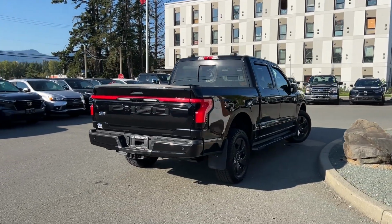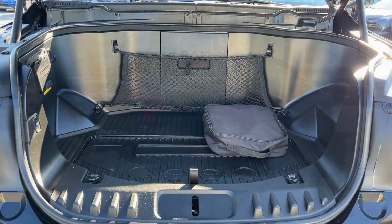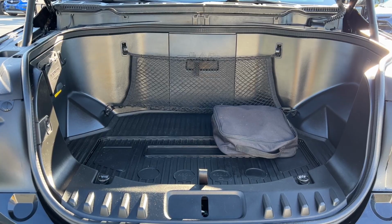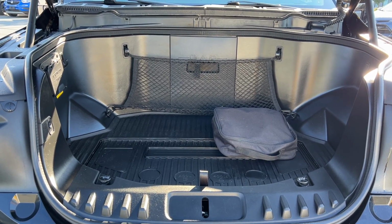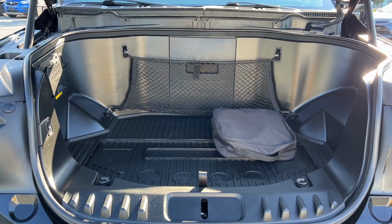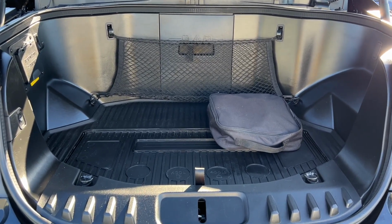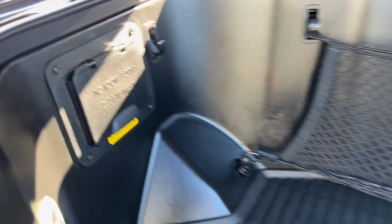Now let's take a look under the hood, in and outside the vehicle. This is the front. It gives you more room for storage because you don't have an engine. You have a motor, a 98 kilowatt per hour usable standard range battery paired with a single-speed automatic transmission, and it's a 4x4. You've got storage below as well, tie downs in all 4 corners, a 120 volt outlet and